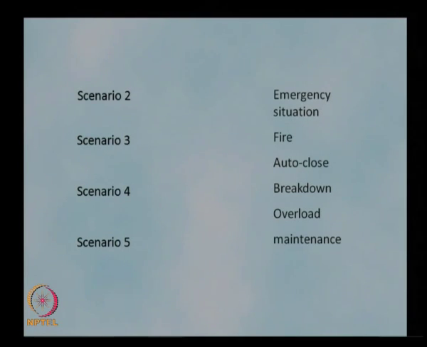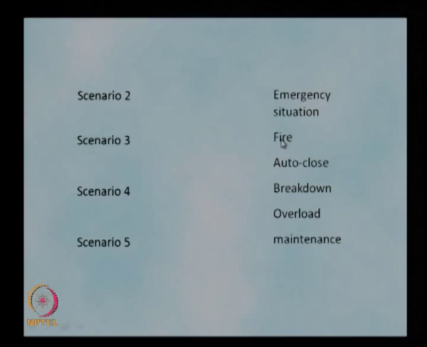And there is a fire in the building. So if there is a fire, in what way should the elevator function? Whether it should provide the service or it should stop at the point where it is. There are people inside the lift, what should be the action to be taken? So for that, what are the other requirements needed? What kind of communication system is to be provided between the elevator and the building, between the elevator and the emergency response team? So all those things will be identified in this scenario description.